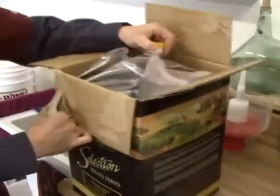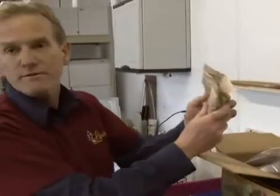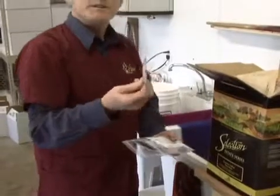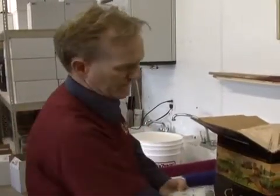Inside of this box there are certain ingredients. Most of this is juice. And there's a couple bags of toasted oak for flavoring. And there's some other ingredients, like yeast. The yeast is going to culture the juice into alcohol. We have